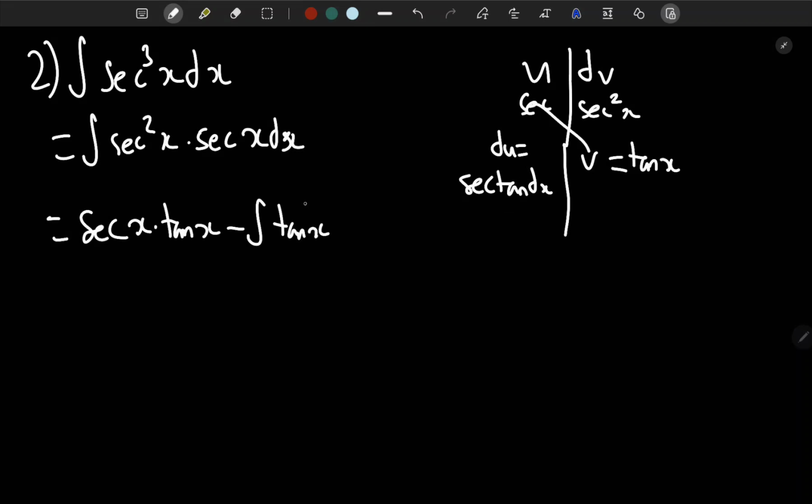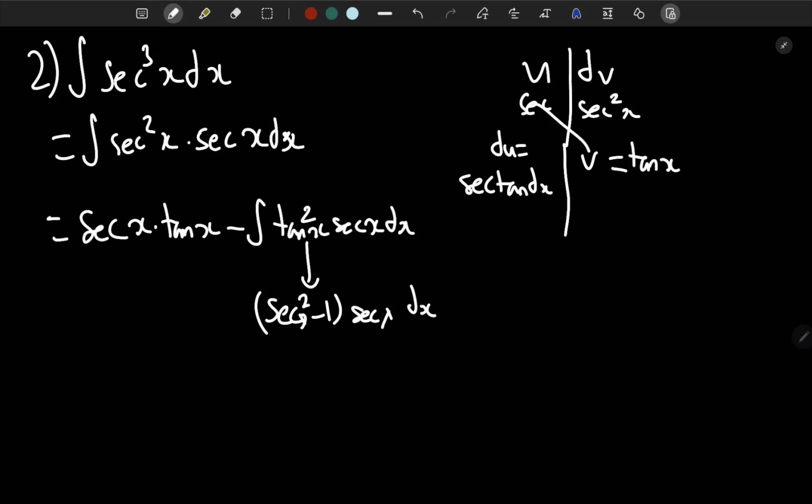So we get tan squared x times secant x dx. Now we notice that we have the same integral except that we had a plus sign before. So now we see some improvement, and here we can replace tan squared x with secant squared x minus 1. So I'm going to write this as secant squared x minus 1, times secant x